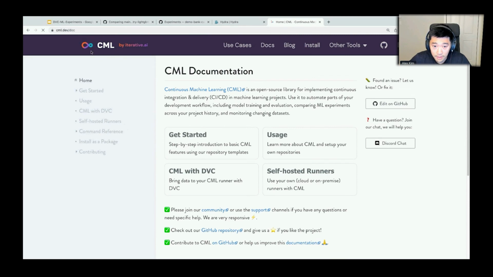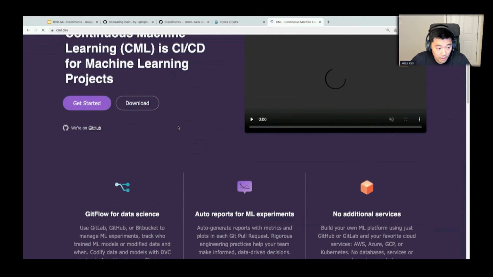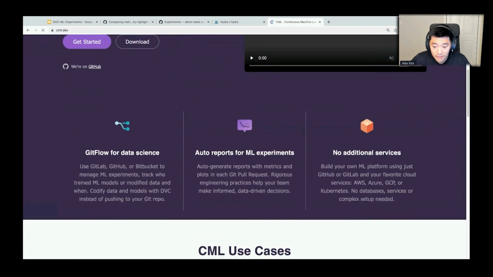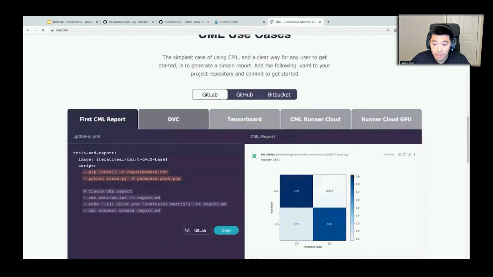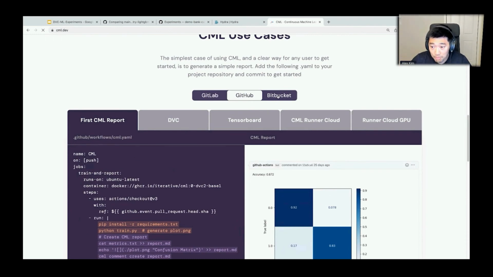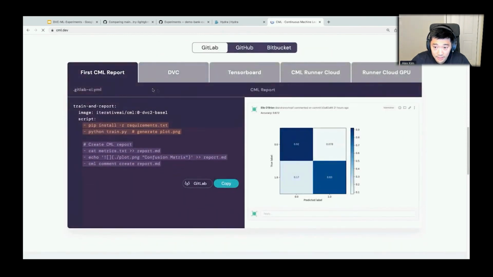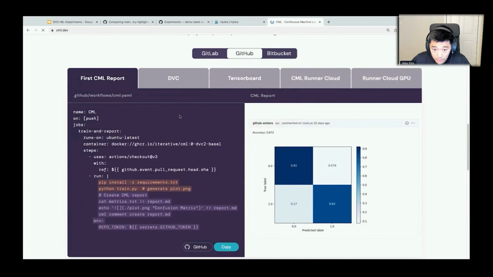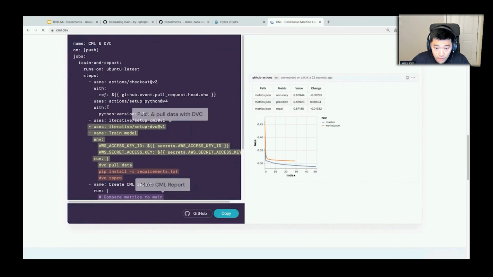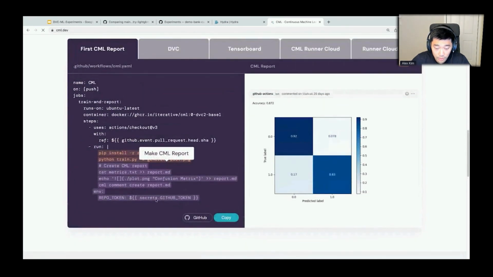So what is CML? CML is an open source command line tool, but it's not designed to be used during development. It's designed to be integrated with CI tools such as GitLab CI/CD, GitHub Actions, or Bitbucket pipelines. And the benefit of it is, let's say, we are using GitHub today. So I'm going to switch to this example over here, maybe to a simpler one. So what it really allows you to do is